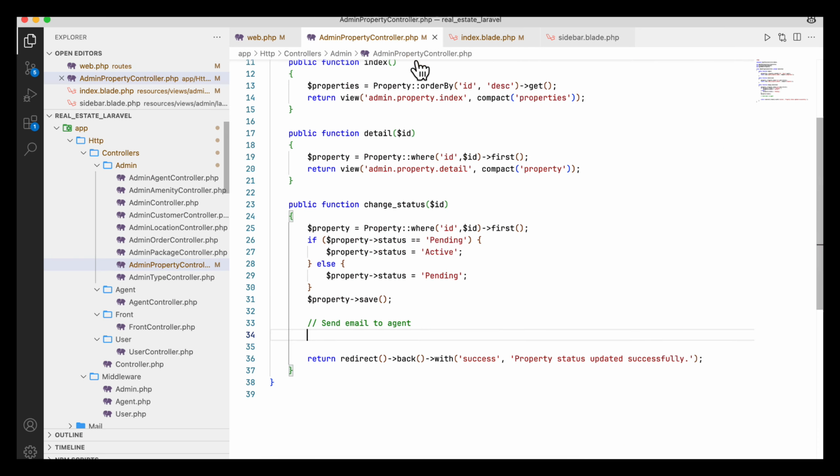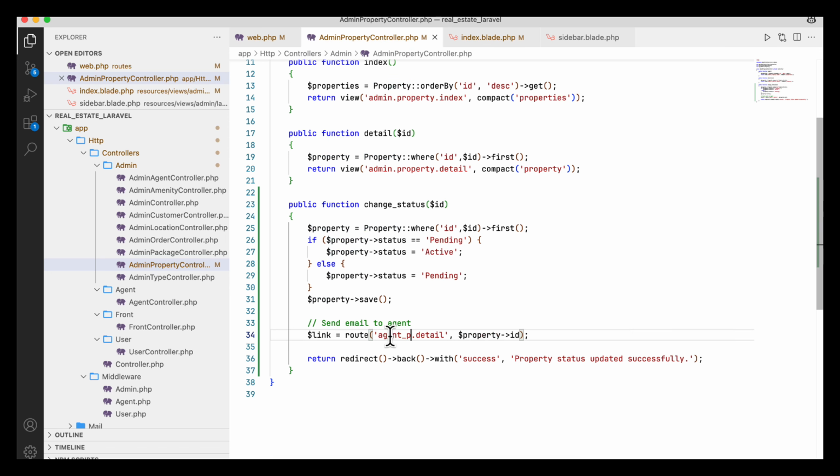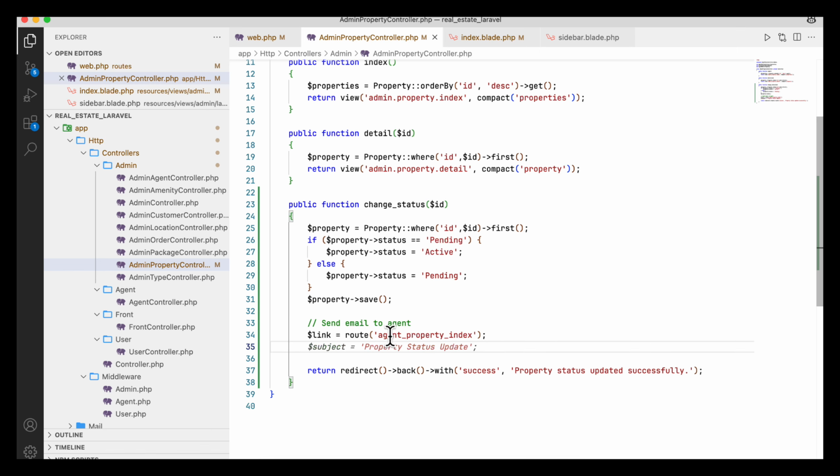So I am going here, and the link will be link equal to agent property index, agent property index. So this will be the route. So I am going to remove it. So this is the link, and the subject will be property status